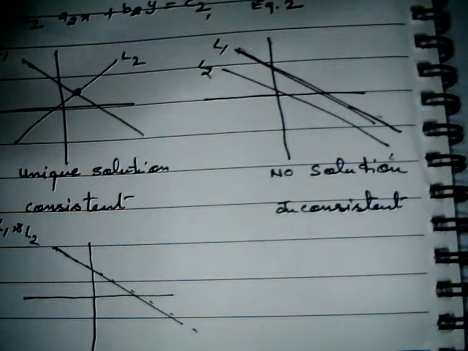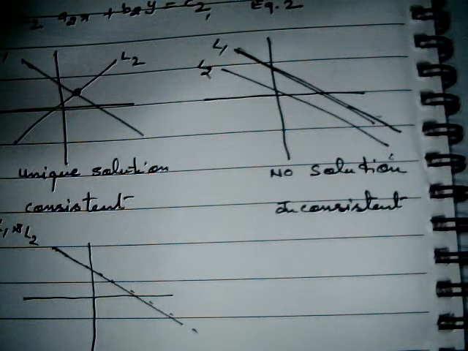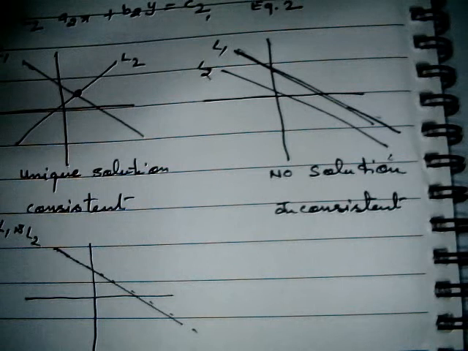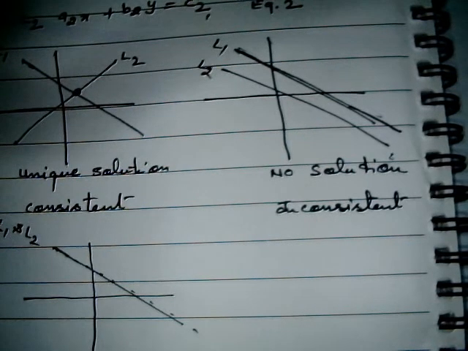This is called the graphical method, and we will see how we can plot the graph. We will also see the analytical way, like the substitution method and elimination method, how we can apply those methods and find out which case exists. These are the three cases, and when you plot the graph for those particular lines, it will be one of these graphs.